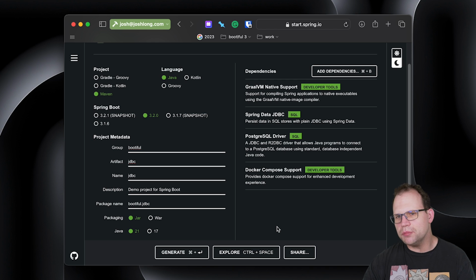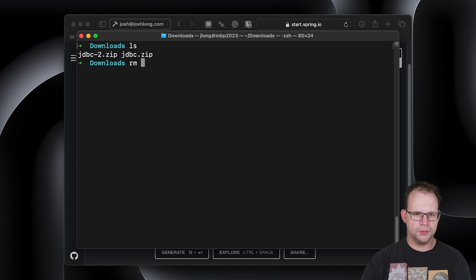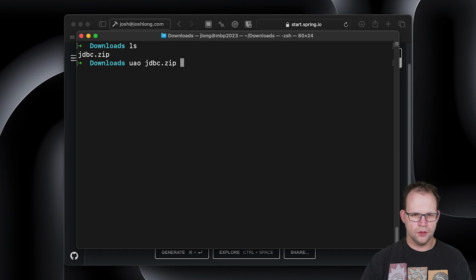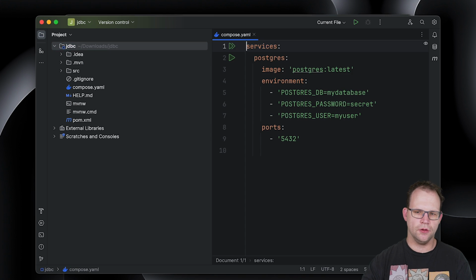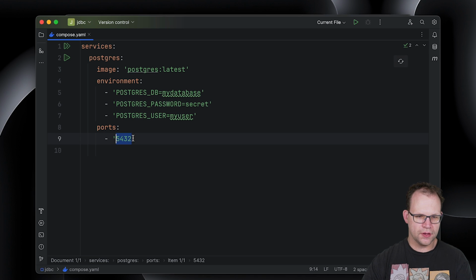We're just going to have a simple repository and a simple client that talks to that repository. We'll hit generate. Go to the command line here. Oops, I inadvertently downloaded two. Okay, here we are, beautiful-jdbc.zip. Open that up. Okay, and there's my program. And you can see I've got compose.yaml there. It's going to give me a default username, password, blah, blah, blah. The only thing I'm going to do differently here is expose the port.